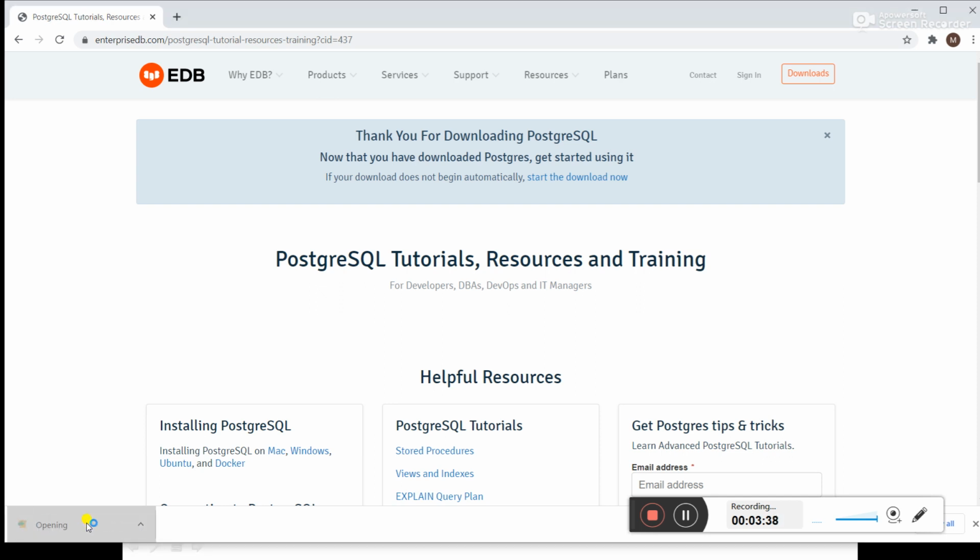After downloading, just click on this. It will open this window. Okay, do you want to allow this app to make changes to your device? Yes.